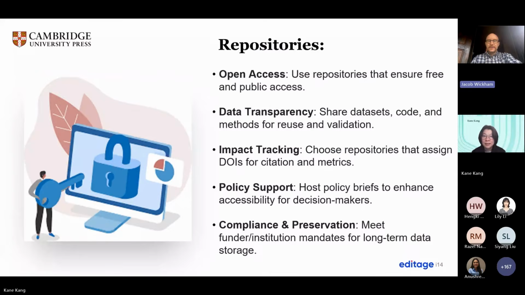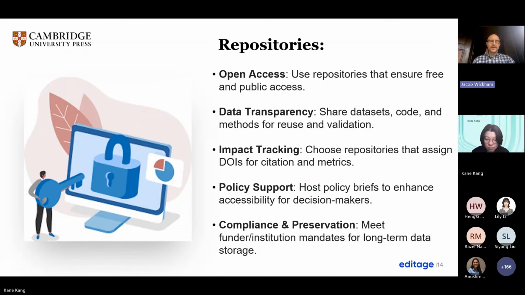And you can also make sure your data is accessible. One way to do that is to publish in an open access journal. Your work will always be accessible for life. A lot of journals now are requiring you to archive data. They want to make sure your data is fully available. So there are a lot of data repositories out there, and you can share your data sets.